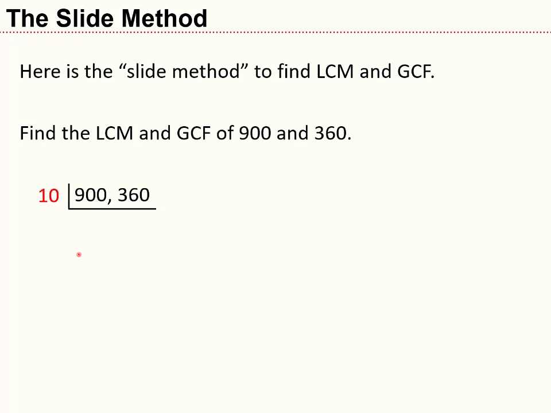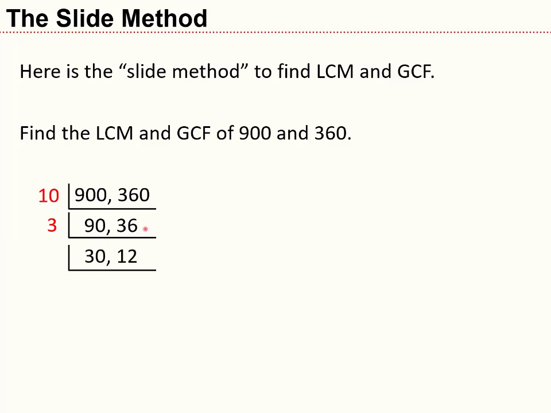Once I identify something, I divide 10 out of both of those numbers. And there we go, and we put the results down below, 90 and 36. Now, I look for a common factor again. Can I see anything that's common to both 90 and 36? Oh, how about 3? And again, this is where divisibility rules really come in handy. You can identify factors by hand very easily, and then use your calculator to divide out. All right, so when I take 90 and 36 and I divide each by 3, I get